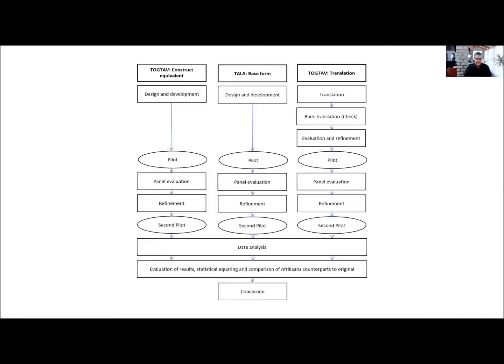And we've also found new ways of representing, for example, the performance of a whole test population on a single heat map. So you can see all the candidates, they're on the left in the rows, and how they fared. Those are the columns on every single item that you see from left to right. And you can see that on this particular test, the candidates didn't do too well. But it's a new way of getting a snapshot. There are also other things. We've looked at ways of how we can make equivalent tests by constructing translated and back translated versions, comparing them with a construct equivalent version, and then finally adapting them.